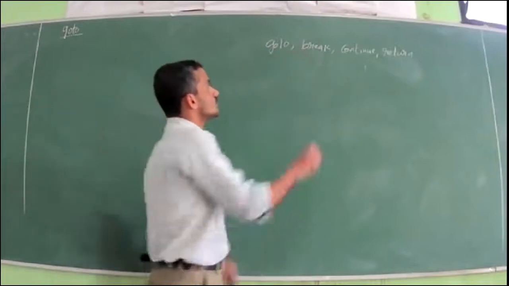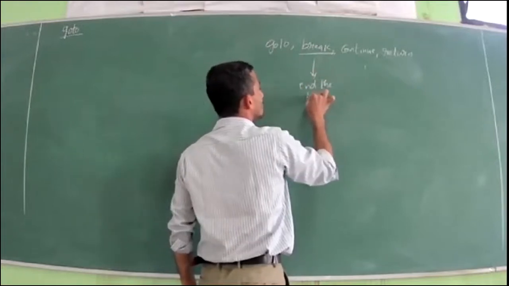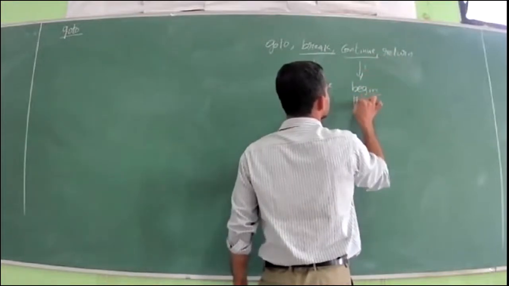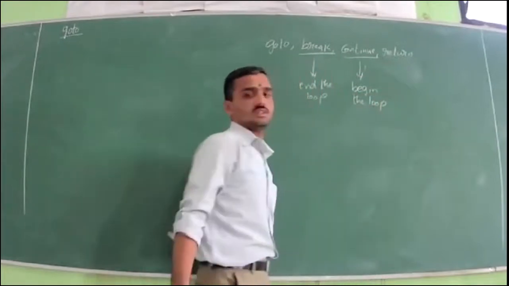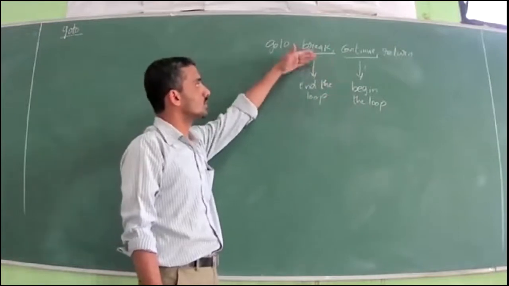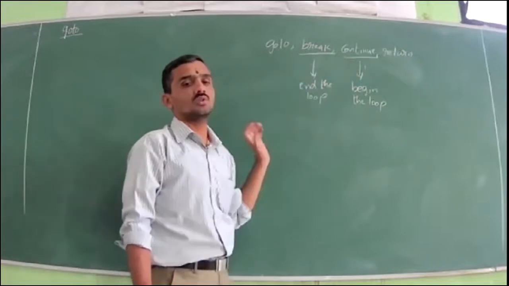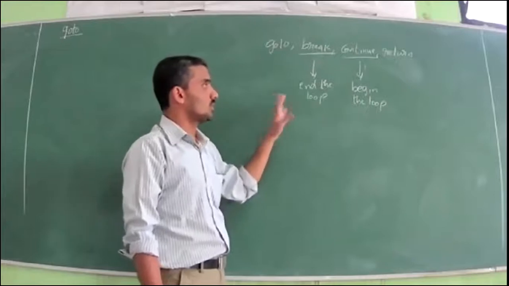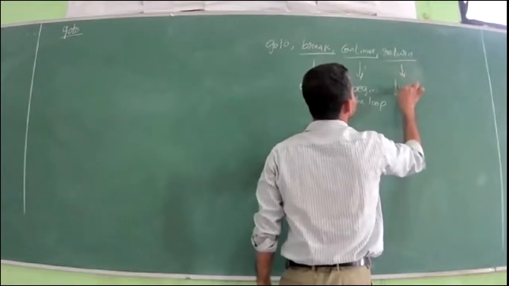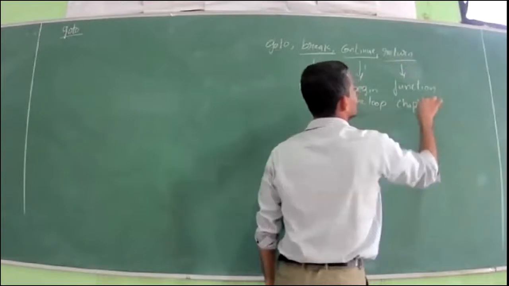Okay, and in case of break, it will end the loop. In case of continue, it will begin the loop. So this difference you have to notice. Ending the loop or beginning the loop is nothing but transfer of program control only. So this program control will be transferred from inside the loop to outside, that means it will come out of the loop, or it will go to the beginning of the loop. So that is the meaning of there is a transfer of program control from one part of the program to another part. So coming to the return statement, this we will discuss in the function chapter. When functions come, you will know the meaning of the return statement.